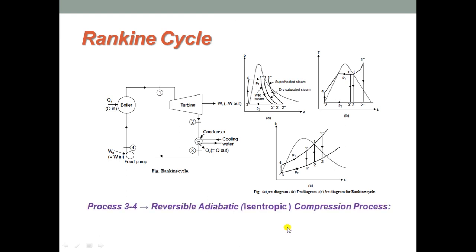Next is the third process, reversible adiabatic compression process carried out from point 3 to point 4. It is an isentropic process, so heat transfer will be 0, but compression takes place. So, compression is carried out from point number 3 to point number 4. The condition of working substance at point 3 will be saturated liquid, and this saturated liquid is compressed to a condition that is point 4,